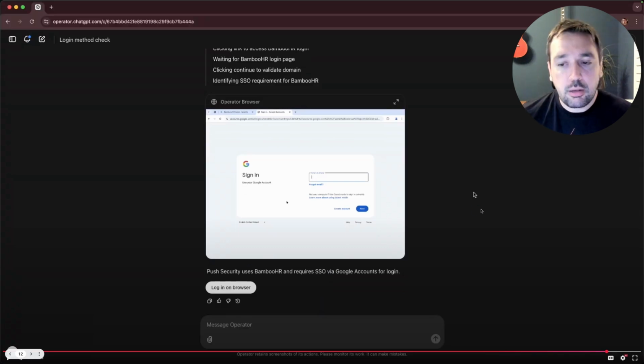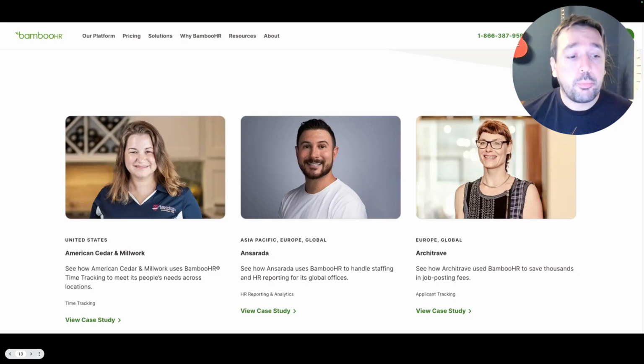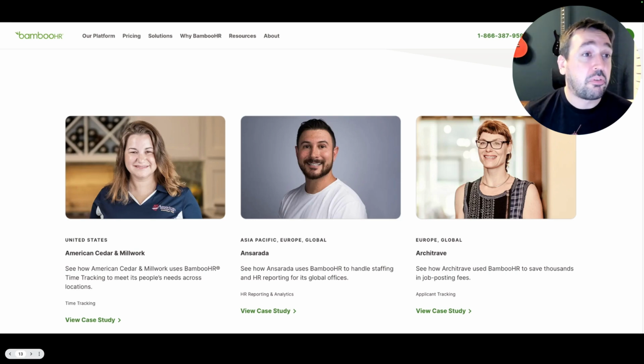Now, I could have done that myself, obviously. It didn't really save me any time, but the important point is understanding how it was able to do that so generally and easily with just kind of generic instructions. And from an automation perspective, it's really a case of scaling this. What if you do that across 1,000 apps? You might be able to map out our entire identity attack infrastructure. So as one example, what I did after that was I said, okay, go and find some other Bamboo customers and see if you can guess their tenant names and figure out how they log in.